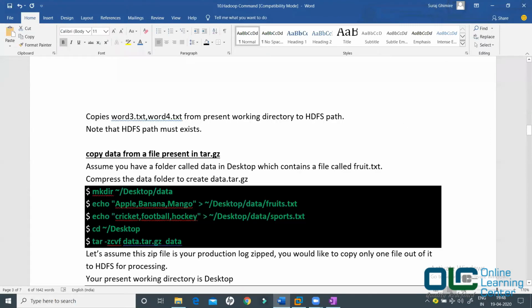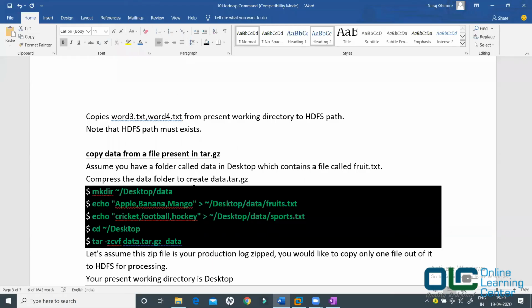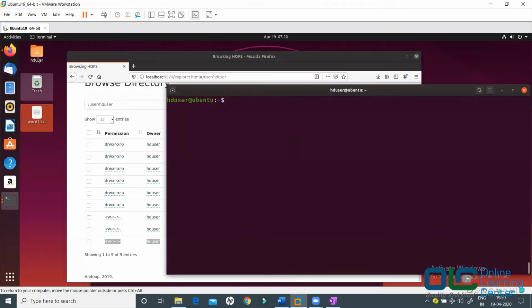Okay, next, now we will look into one very interesting example. Let us see this. All right, let's move on. Now the requirement is, let me create a file first. I'll create a directory under my desktop. The directory name is data. I'll do it on my desktop so that you can see it clearly here, right? So say paste.